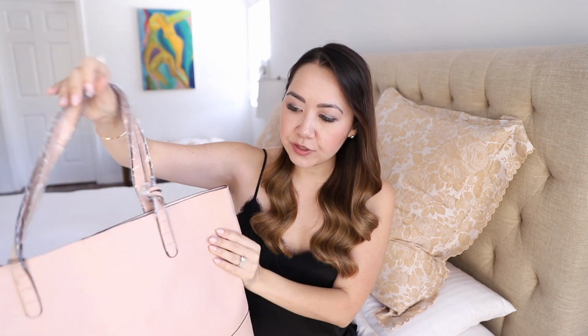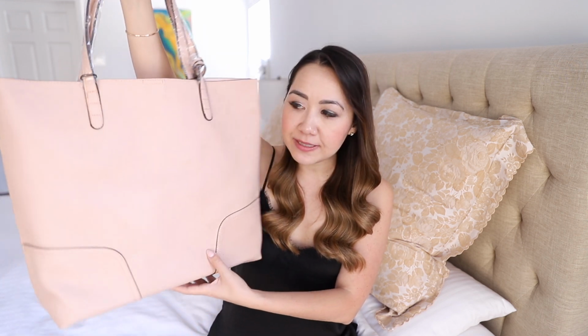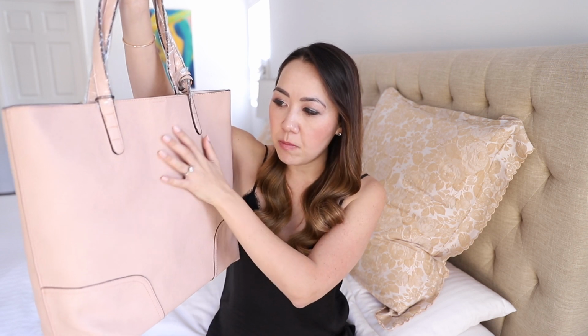And the other bag, which was a bit of a fail, is this tote. And this is just a big old disappointment for me. It looked really great, and weirdly it had pretty positive reviews online, but as soon as I took this out, I thought it instantly looked really, really cheap and just not well made. I don't know if you'll be able to see that, but it has loads of dents and marks and indentations on the front. And for me, that's automatically a big warning sign, especially when it comes to faux leather bags,